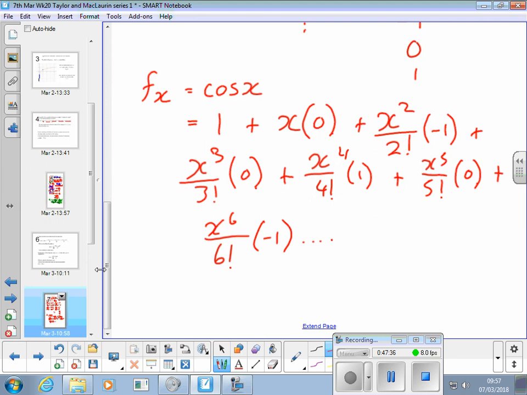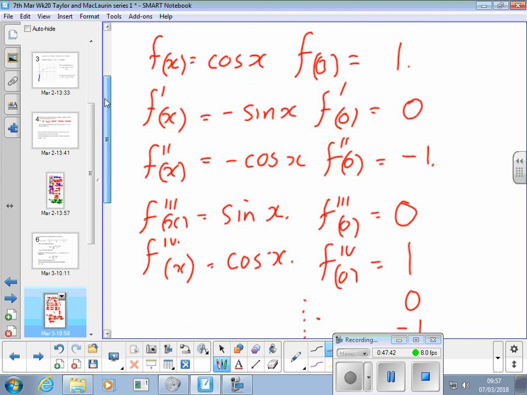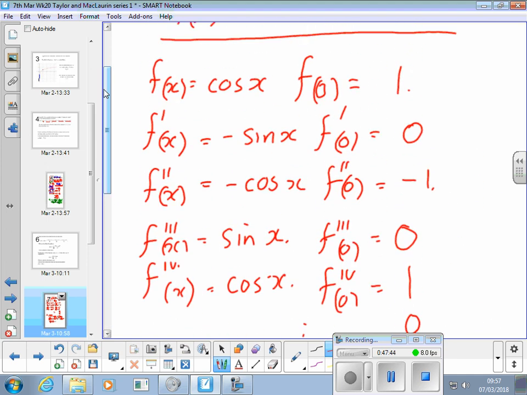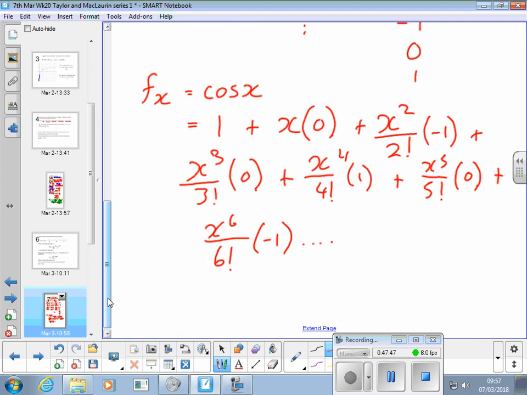We could carry that on. So these are the constants that we've found in each there. So we've gone 1, 0, minus 1, 0, 1, followed that pattern. Draw under that if anyone wants: 1, 0, minus 1, 0, 1, 0, minus 1. And then what we can do is simplify that to: